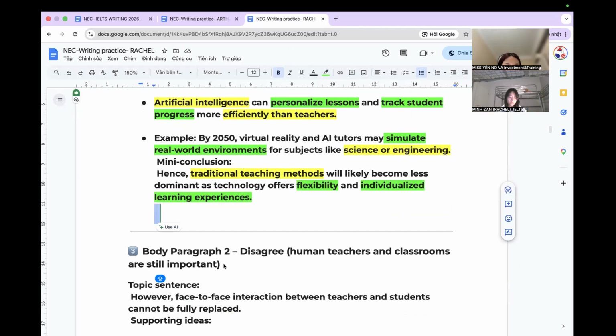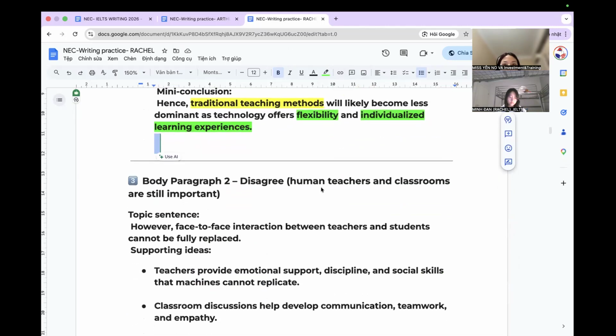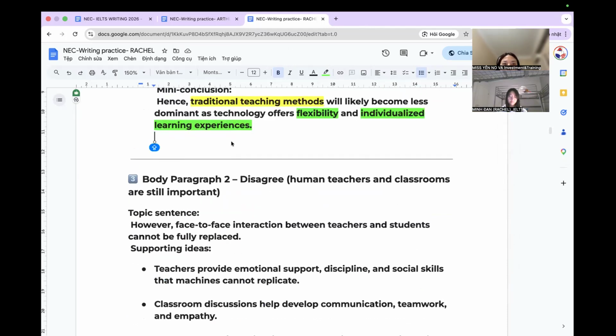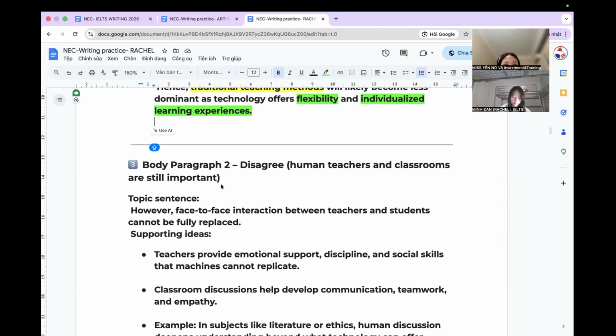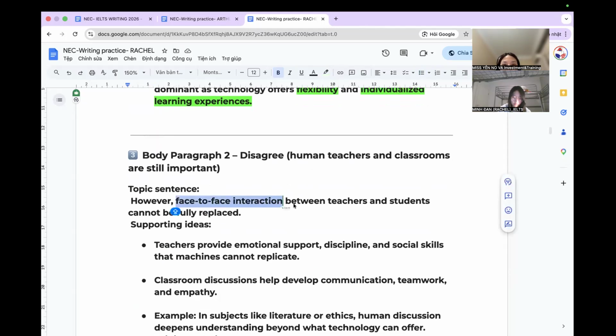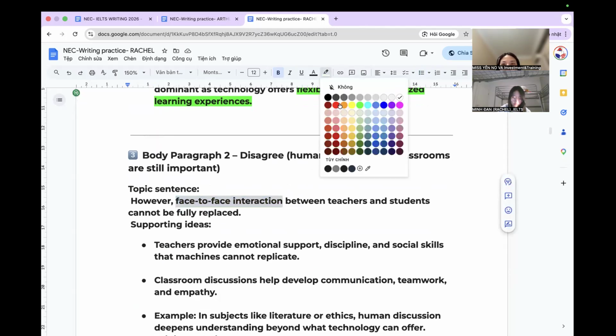To the other side, the opposite. What is the vital role of human teachers? And you still understand that, right? You still need teachers to be involved because by yourself you find it difficult to organize everything in order, and you need someone experienced to support you. Here, human teachers in classroom are still important. The face-to-face interaction between teachers and students cannot fully replace